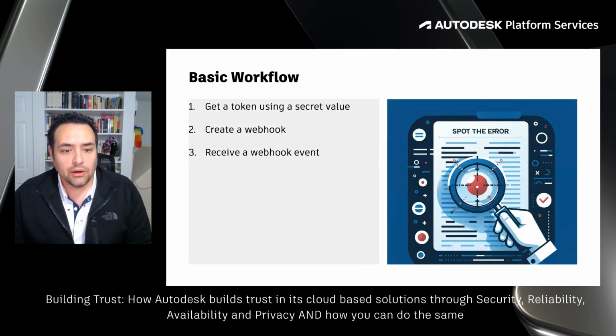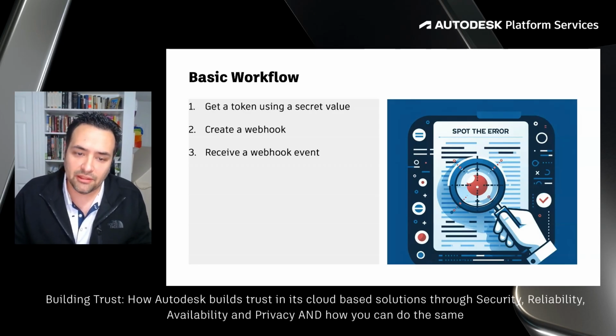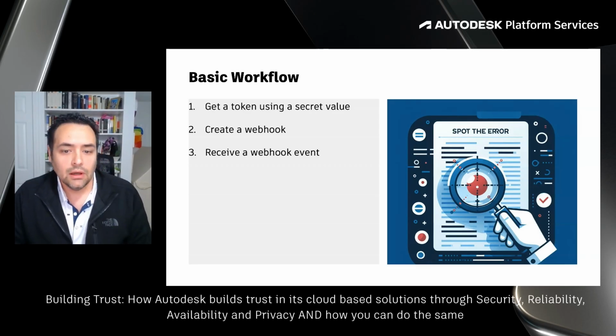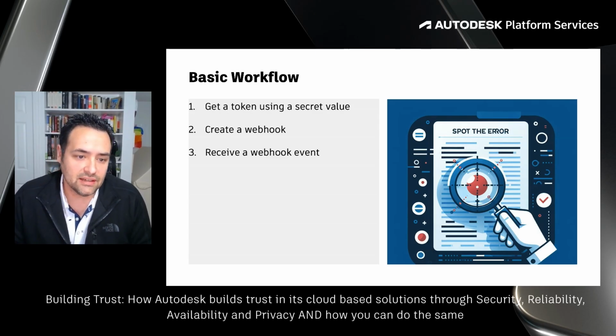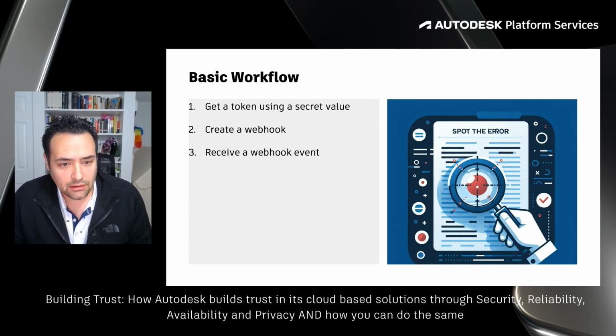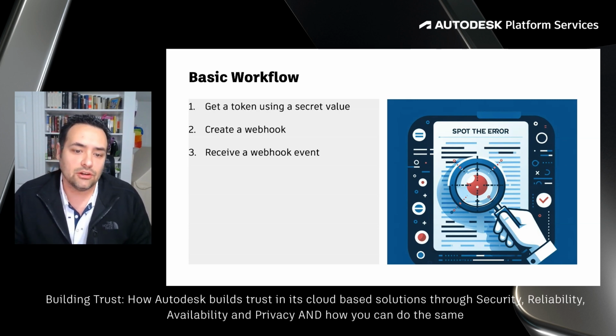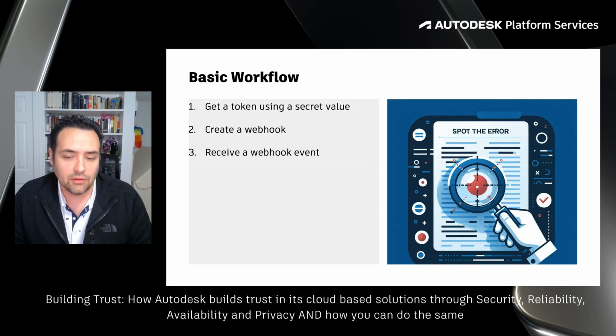So the workflow I'll be showing is, put simply, three main steps. I'm going to go through it in code, specifically Python code, because I like Python. First, I'll show how to get an APS token using your client secret. After we have our token, I'll show how we can call the Webhook API to register our callback URL and our Webhook event. And then I'll show what it looks like to receive an actual event from the API and